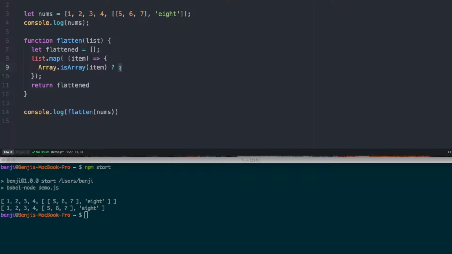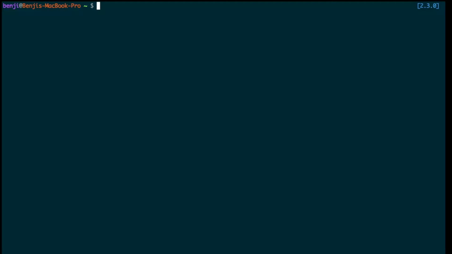We already know that we can use our push as our else. Actually, I think I'm going to use something that's a little bit more flexible here. I'm going to use a function called concat. So we just do our flattened array, and concat is basically concatenating this item into it. And actually, let's take a diversion here and go over what the difference is between push and concat, because I think it's worth a